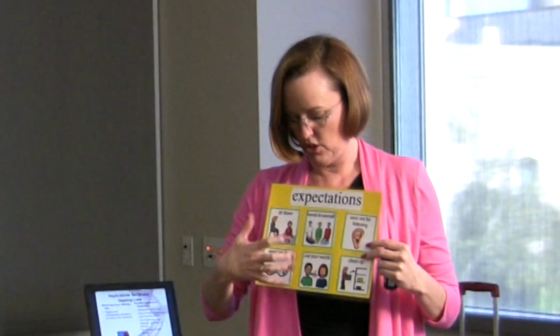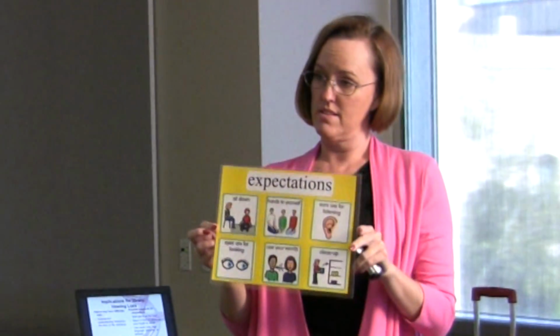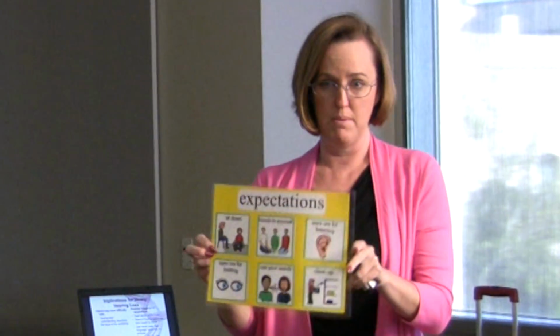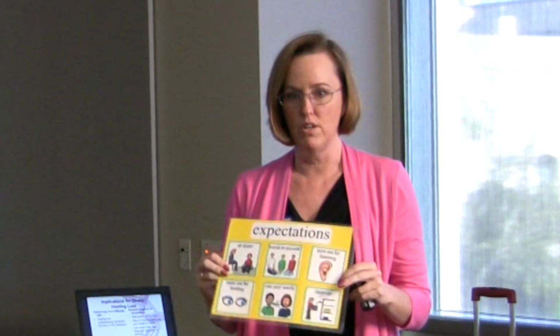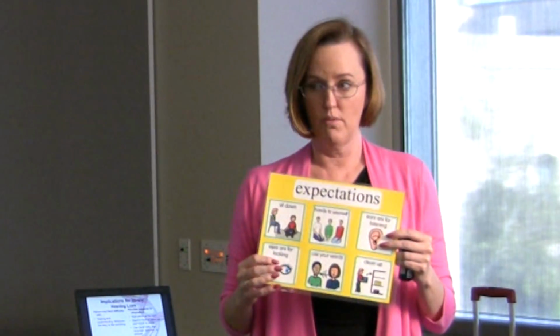And we have them in larger pictures also. And this is something that we'll talk about at the end for maybe some next steps. If you want some of this, we can support you with this. Okay? And it's really nice, instead of just saying the rules, here are pictures of the rules, and they're all